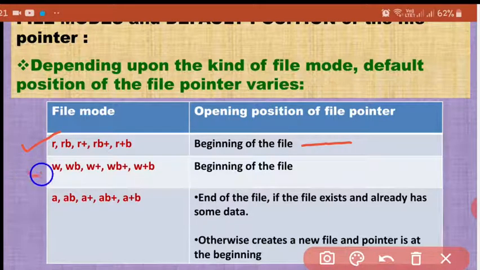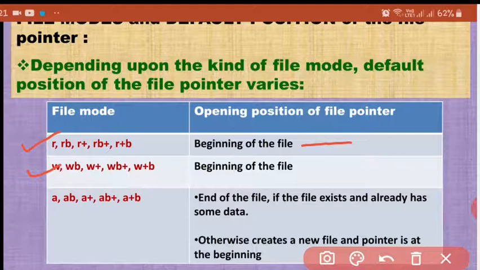Whenever you open the file for writing mode, the cursor is again present at the beginning of the file only. Why? Because in case of W mode, if the file is not existing, it will create a new file which will be a blank file. So the cursor will be present at the beginning from where you can perform write operation.